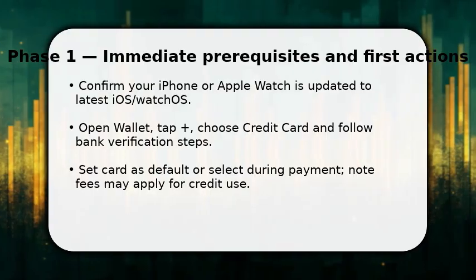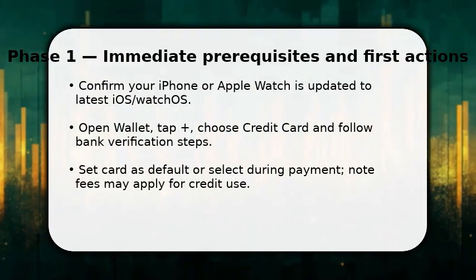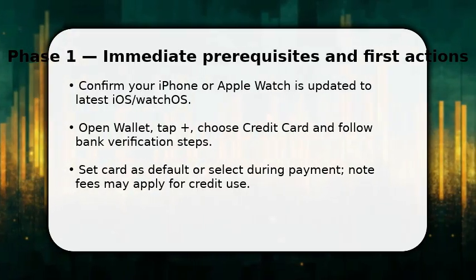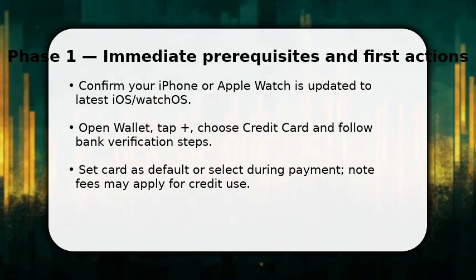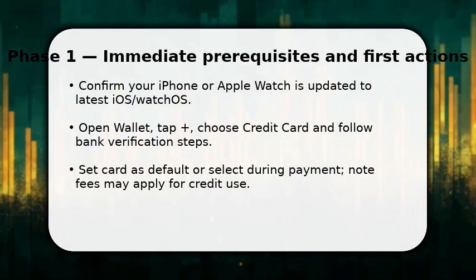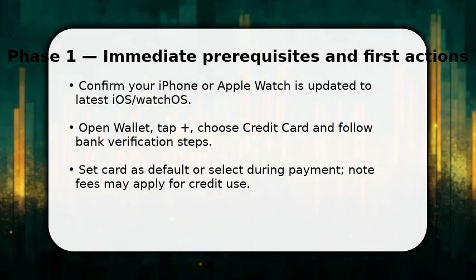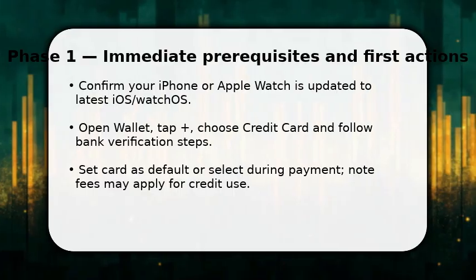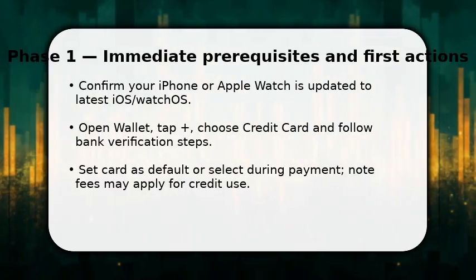You start by adding and verifying the credit card in Wallet so you can send money. This unlocks Apple Pay transfer options. Open Wallet, tap the plus, and follow the bank verification prompts, which may require SMS or app confirmation. Once done, make sure the card is enabled for Apple Pay and set as default if you will use it often. This reduces selection steps when sending money and makes transactions faster, because Apple Pay will present your verified card